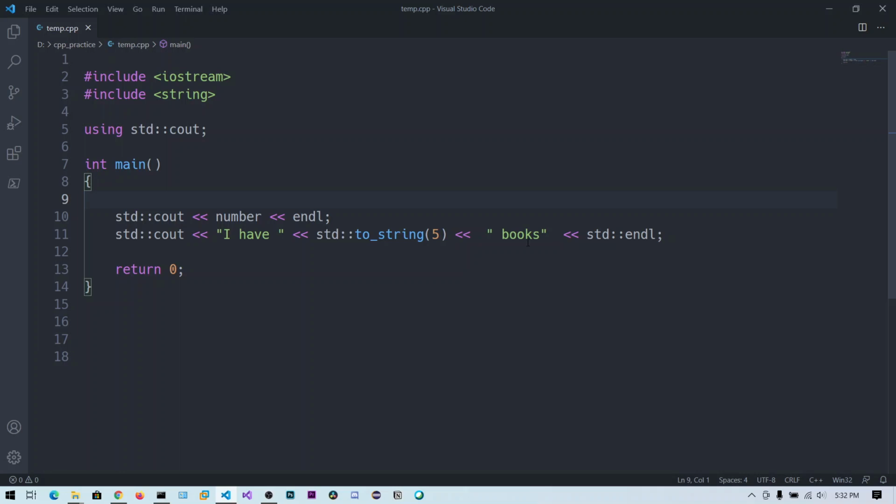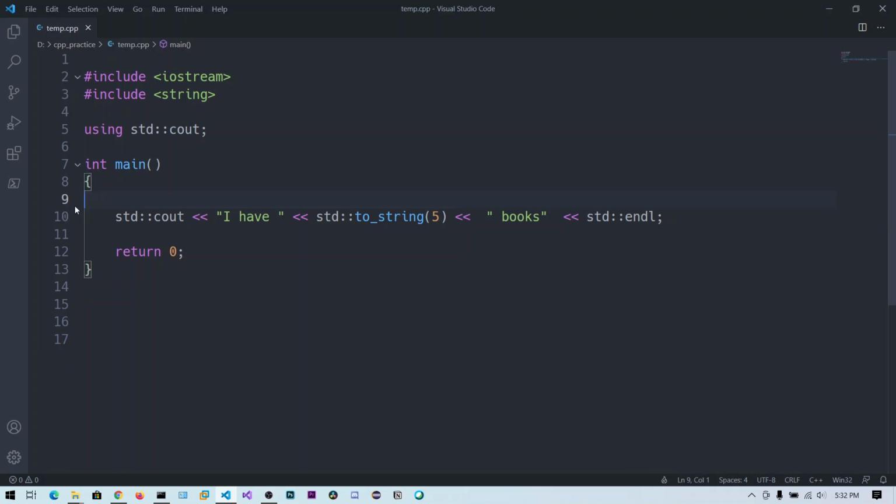So this endl and backslash n does not really cause some performance issues, but this endl will cause performance issues if you have multiple cout statements, or if you are using more loops over the cout, because every time the output buffer has to be flushed, it takes one extra step. So that's why always try to use the backslash n. So that's all for this video about the cout.